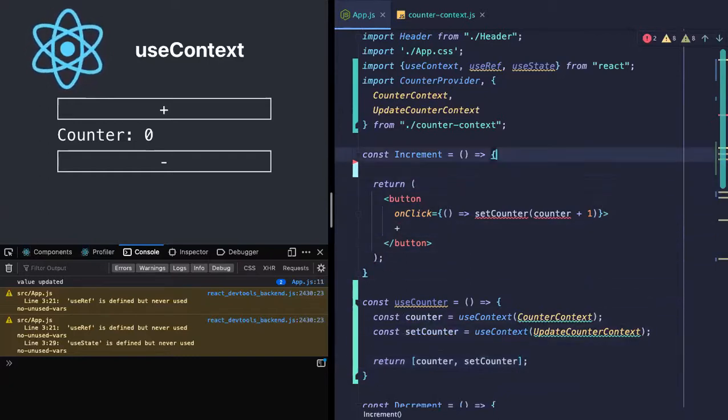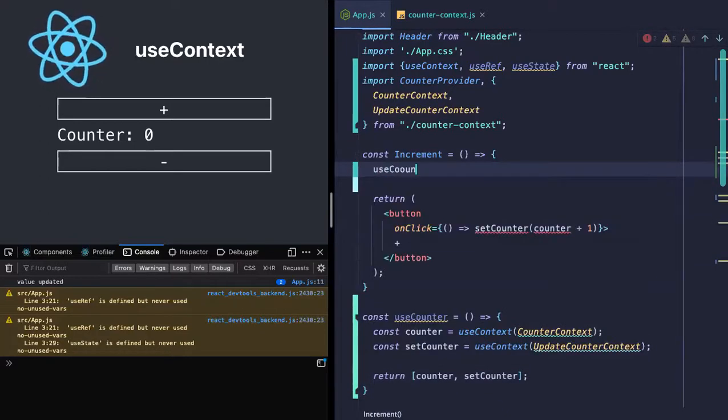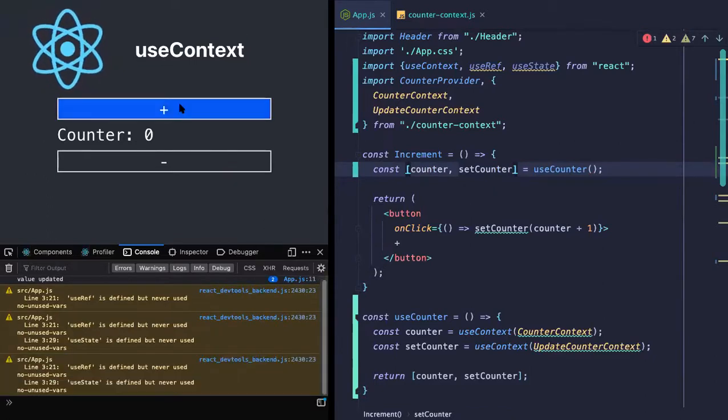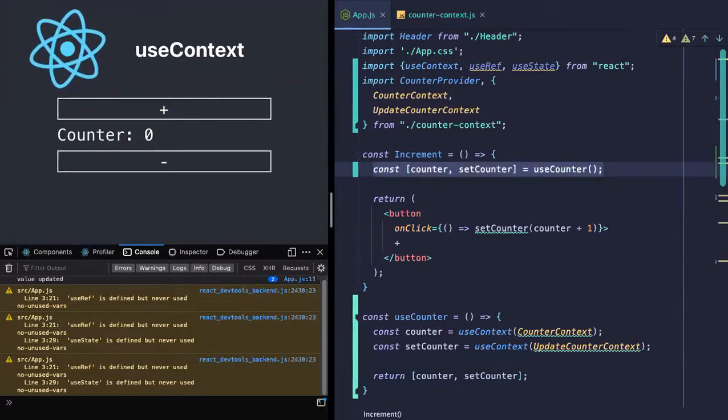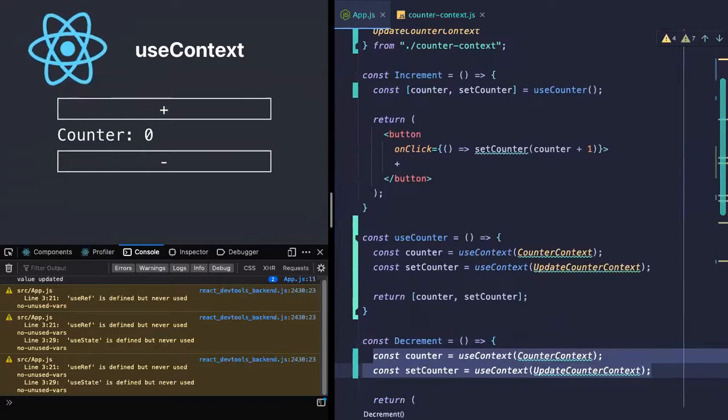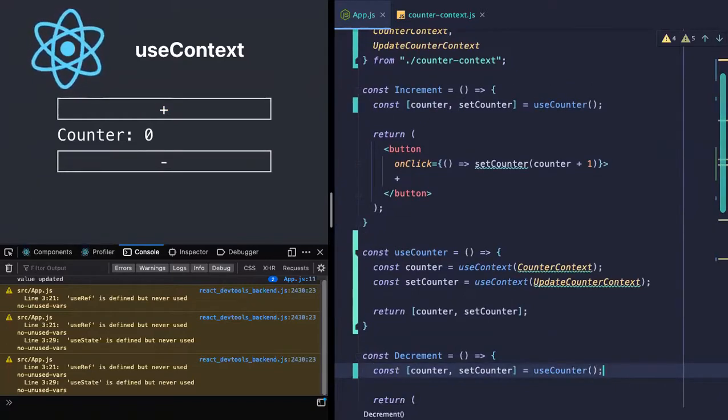And now we can use our use counter in a very similar manner as how we use the state hook. We'll be getting two things out from here: the counter and the set counter. Now, if you see, the example works fine. I'll just do the same thing over in the decrement as well. We don't need these two things. We can just abstract the logic out and